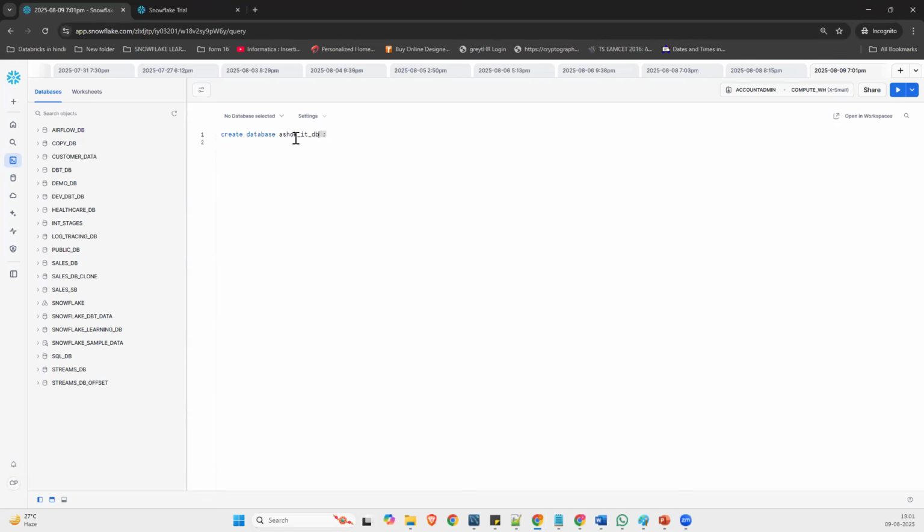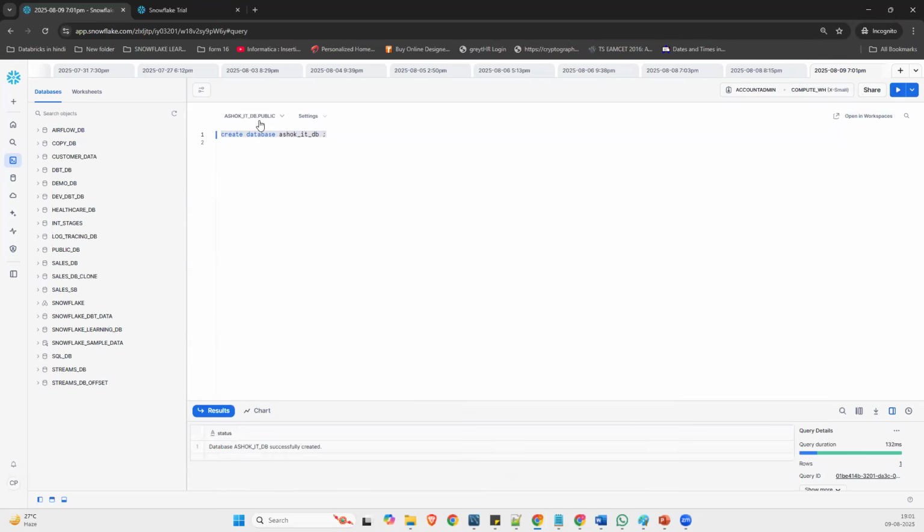If I create this database, this database has been created, and you can see by default the public schema.